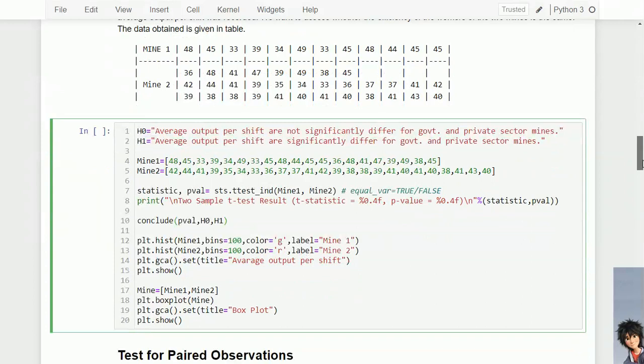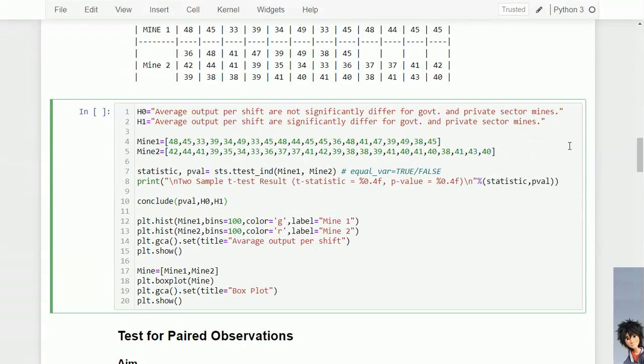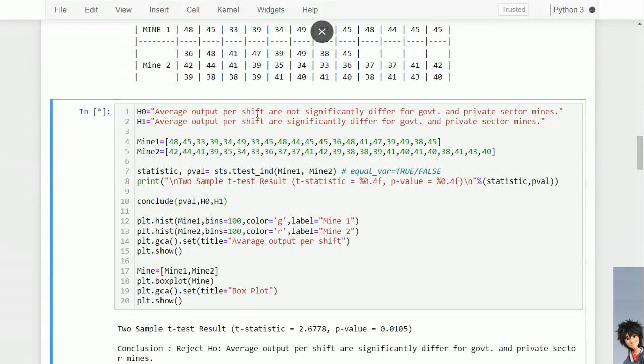Let's run this. I have also plotted a histogram for mine 1 and mine 2 on the same graph, so that I can get an idea of how they are distributed.